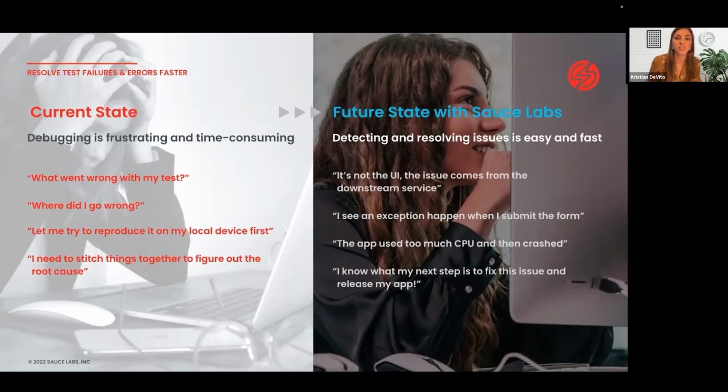So the network capture, the device vitals, these are all different capabilities that you can plug into your existing automated test scripts, so that when you're scaling up to run many tests across hundreds of real devices, you can do that. And that's one thing that we see customers really turning to Sauce Labs for, is to get